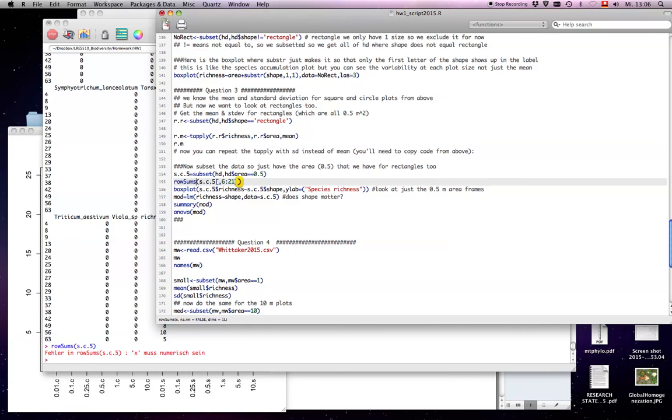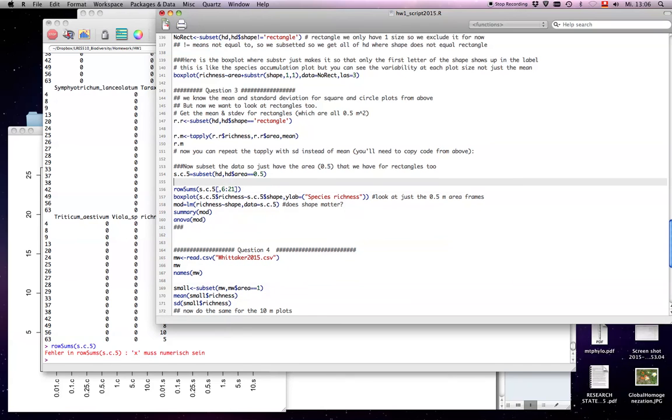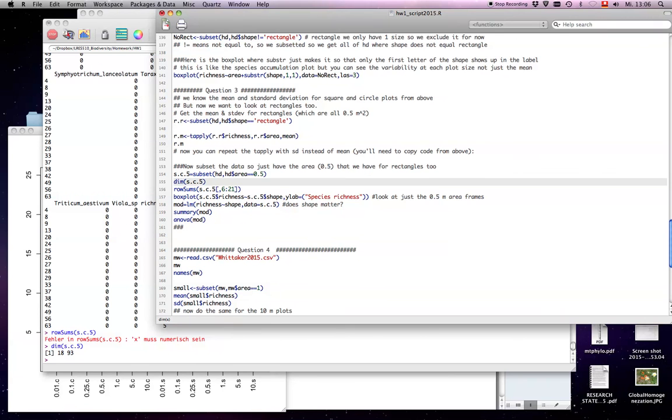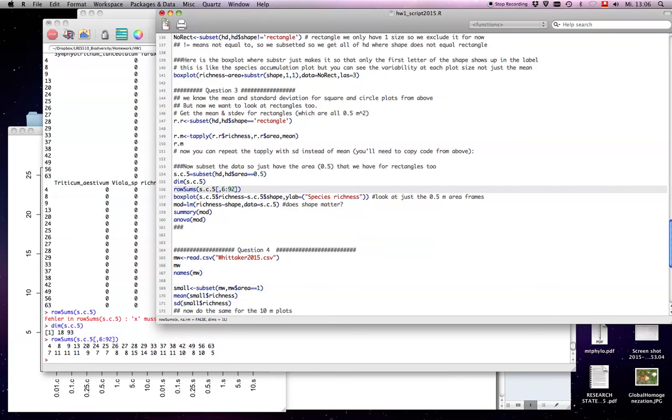So maybe, yeah, we'll see. Let's see. How we had 90 some species. Let's go back and call up the dimensions. That will help us actually. So we'll add in the dimensions. We have 93 species. And we added that richness on, so we know we really only want 92. So we'll call up 92, and we can see there's all our values